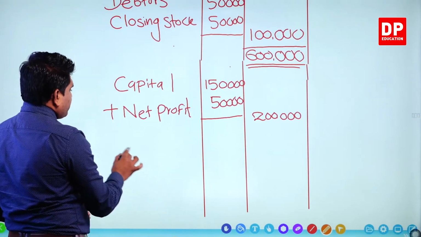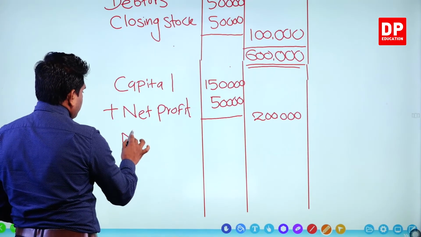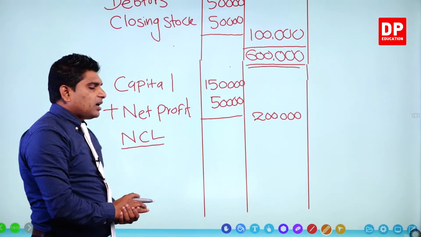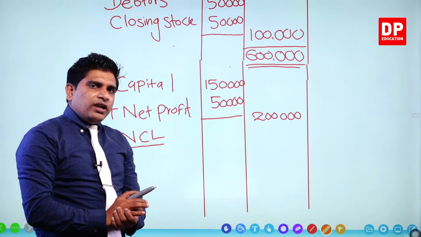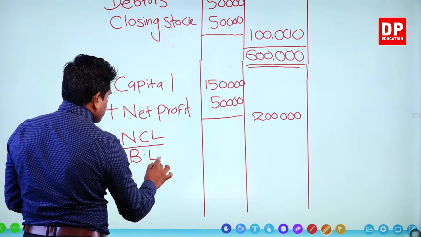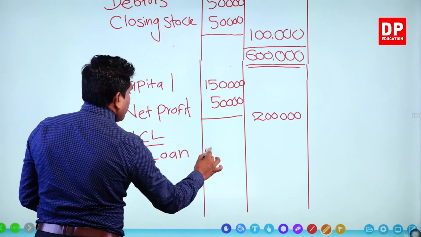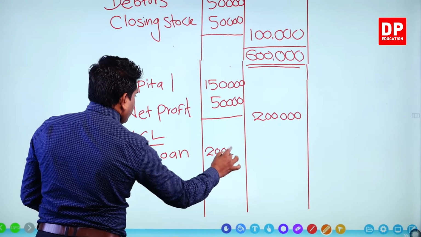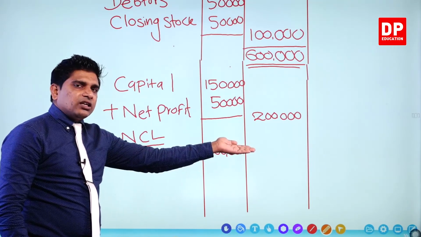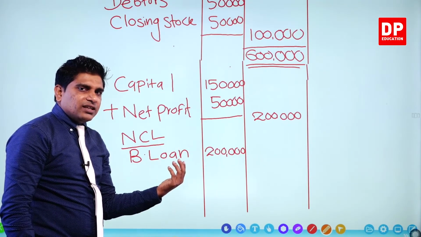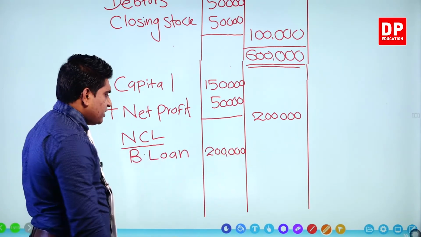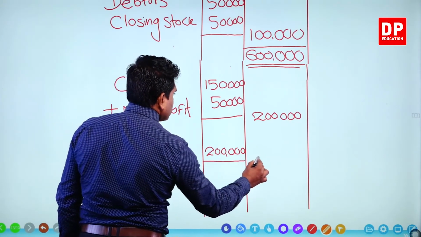There are two types of liabilities: non-current liabilities and current liabilities, right? Only one non-current liability, it is bank loan. How much? See, 200,000. I put it here. Every time in the previous question also I put it here. If you want, you can bring directly to the second column because only one liability is given here. If they have given two liabilities, one by one we write here and total we bring to the second column. Here we draw a line and we bring the value to the second column.